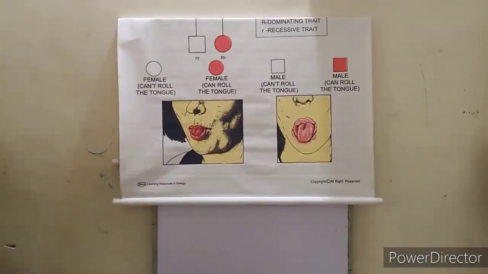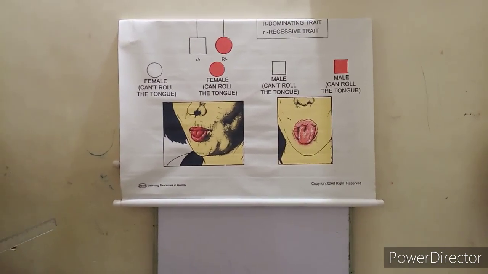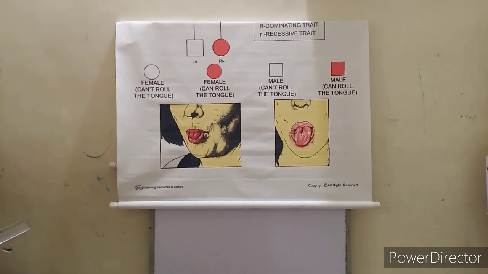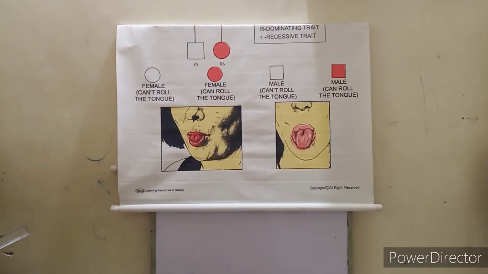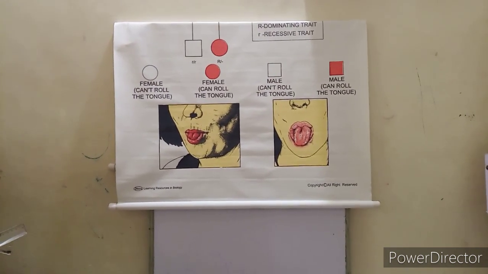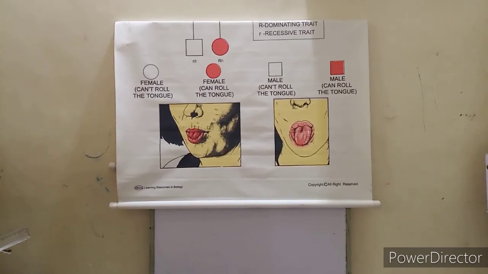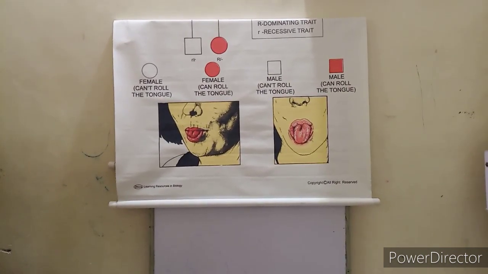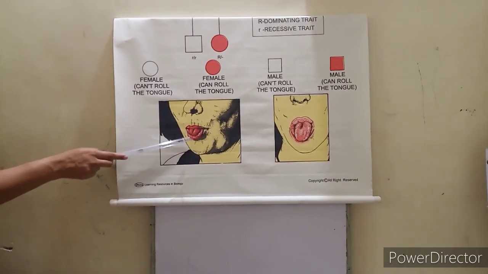Today, students, we will be studying a few conditions which are present in human beings. The first one is the rolling tongue. The second one is the widow's peak, and the third is the blood groups. Now here we can see the rolling tongue, which is seen in the case of a female. What is this rolling tongue actually? You can do it for yourselves also. The tongue can be rolled from the sides towards the center of your tongue. You can see in this picture how this lady has rolled the tongue.